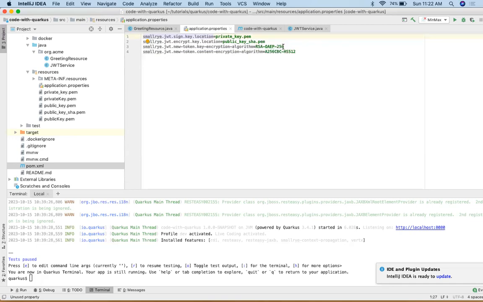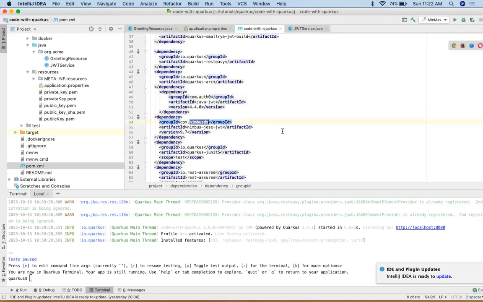Key encryption algorithm. Okay. Content encryption algorithm. These two are optional, but these two you do have to give. Okay. The library that I'm using mostly is Nimbus Jose JWT. This is the library. I think it comes bundled when you're using Node.js. It comes bundled with it. I'm not sure, but you can verify. But I'm using this library basically for encryption and all, and